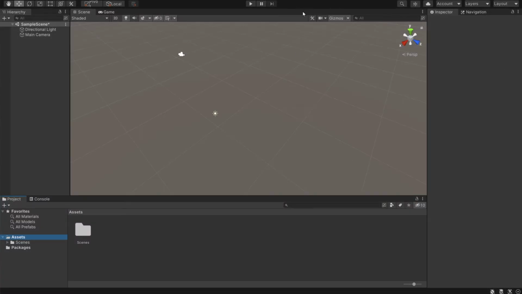Now this is your main screen. This is where you're gonna do everything. You're gonna add in models, you're gonna add in your scripts, everything will happen here. I am not going to go too deep into how this works, how that works. I will do that for the scripts so you guys can understand completely what I'm doing,